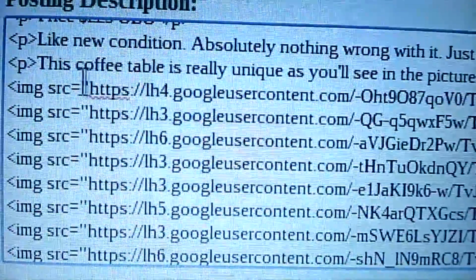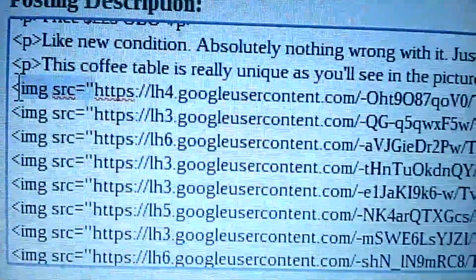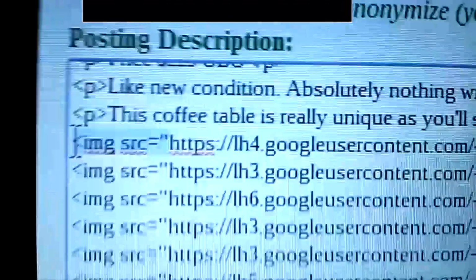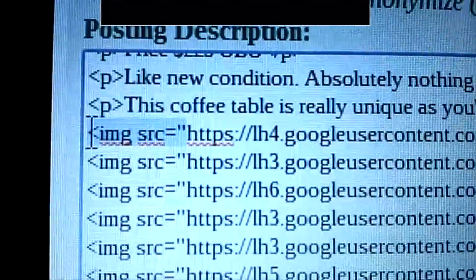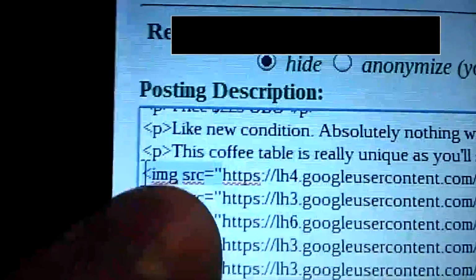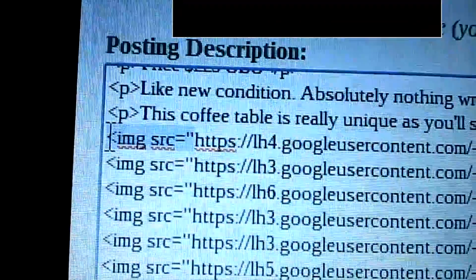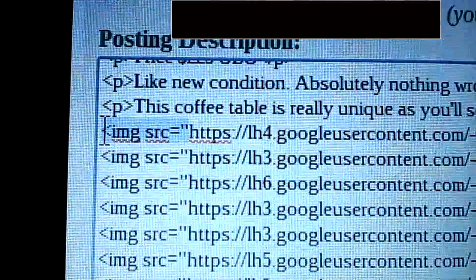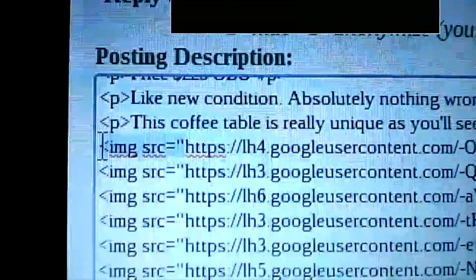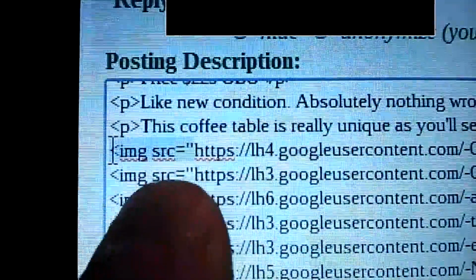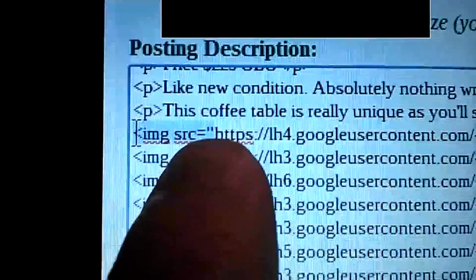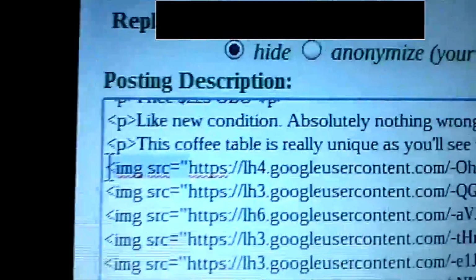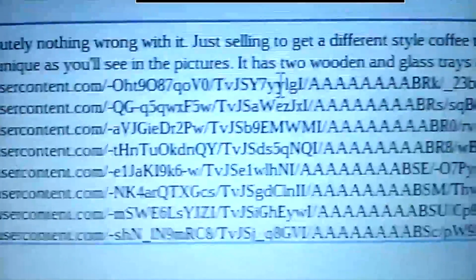And now I'm going to highlight what you need to actually hand type there before and after what you've just pasted onto the page. So this is called the image tag. And it's, again, another opening bracket with an IMG, which stands for image. And then you want to put a space and an SRC, which stands for source, and that's basically the location. You put an equal sign and then a quotation mark, which is quoting the location of the address that